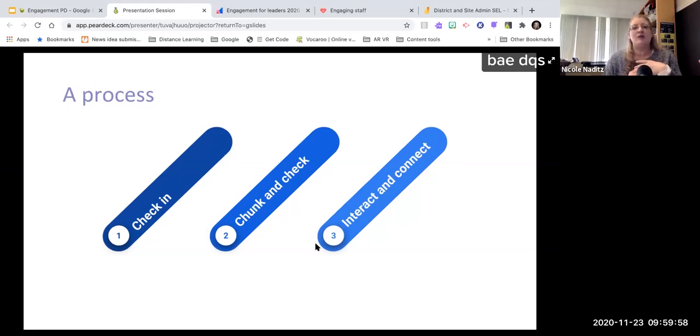As an administrator, when I'm getting ready to work with a group of people, I want to chunk and check. I want to chunk my information. I want to chunk what I am going to present or say or share or do into logical and manageable bite-sized pieces. And then in between those pieces, I want to provide multiple opportunities to check in on my participants, to check in on my colleagues, to give them a chance to check for themselves kind of where they're at